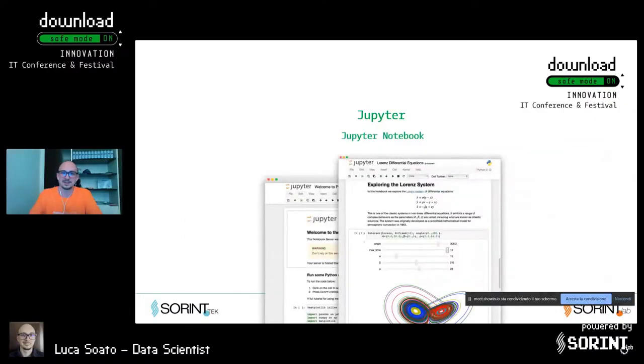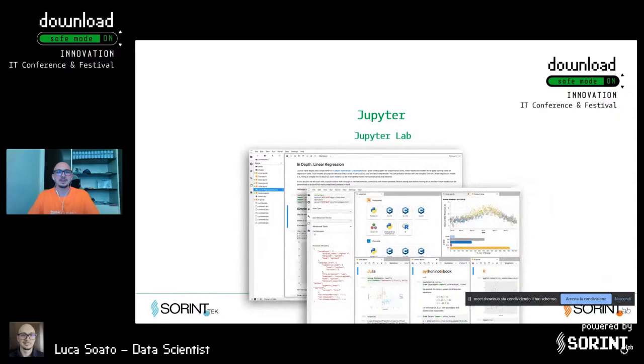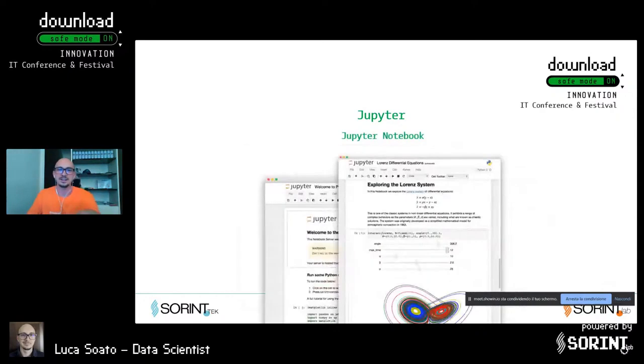And here was the project started. So as you can see, there is a title, there is text, there is a mathematical equation of Lorentz system. Shout out to my mathematician friend out there. And there is a program with which you can interact. So Jupyter Lab is, I'll just mention it because, okay, so here's the Jupyter Notebook, and here's Jupyter Lab, that